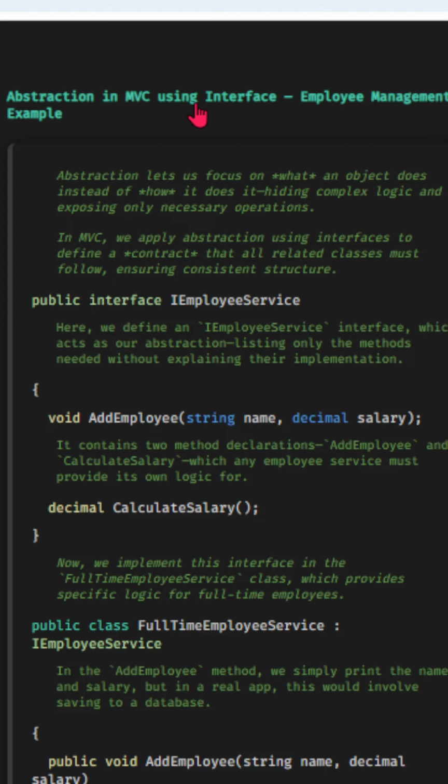Abstraction in MVC using an interface, with an employee management example. Abstraction lets us focus on what an object does instead of how it does it, hiding complex logic and exposing only necessary operations. Here, we define an employee service interface, which acts as our abstraction, listing only the methods needed